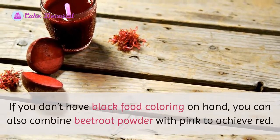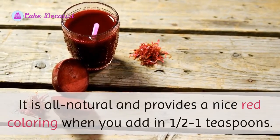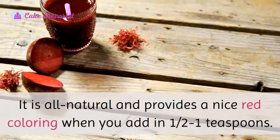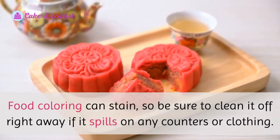If you don't have black food coloring on hand, you can also combine beetroot powder with pink to achieve red. It is all natural and provides a nice red coloring when you add in 1/2 to 1 teaspoon. Food coloring can stain, so be sure to clean it off right away if it spills on any